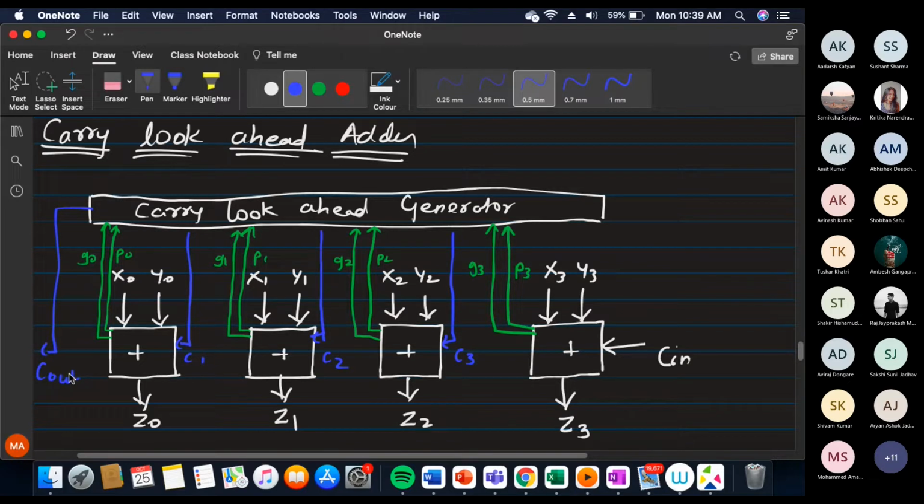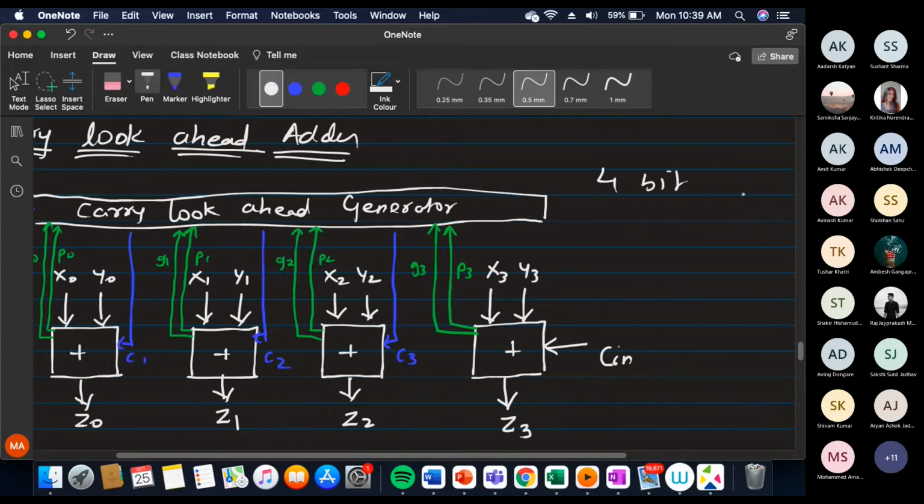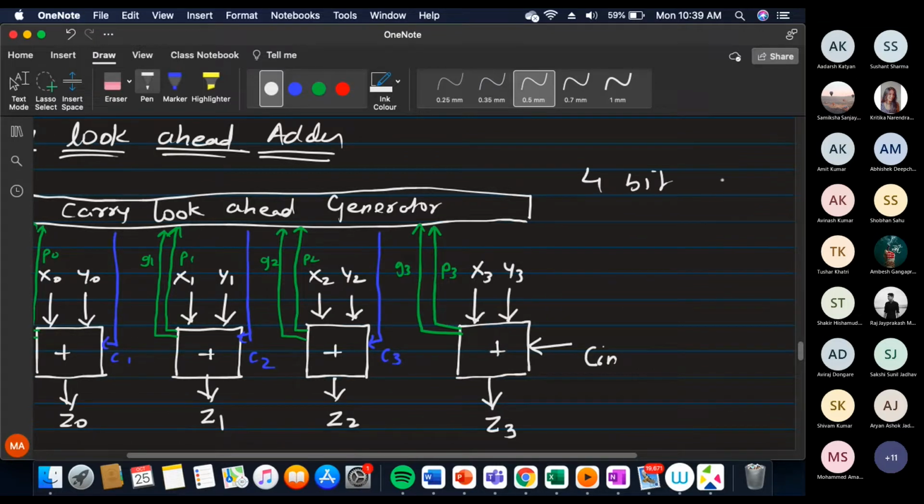Is this clear? Yes, sir. Fine. Now, kindly understand. I need to perform 4-bit addition using the previous method. How much time was it taking? Using the ripple adder, it was taking 4 machine cycles. First you do an addition, and it gives one bit; then you do the second addition, and it gives another bit; you add the third and get the third bit; you add the fourth and get the fourth bit.